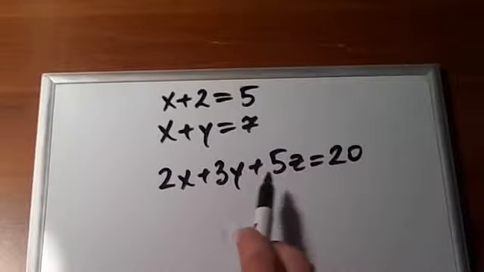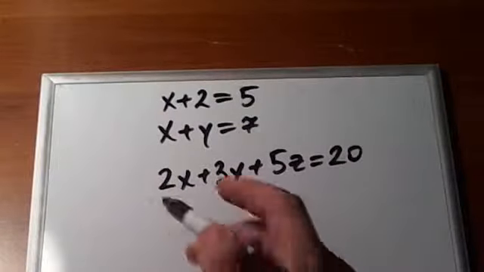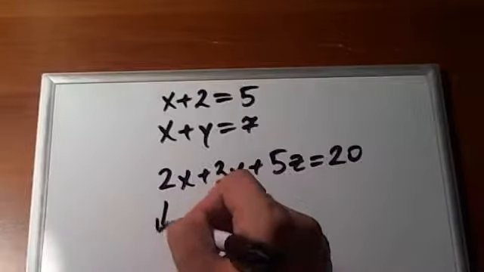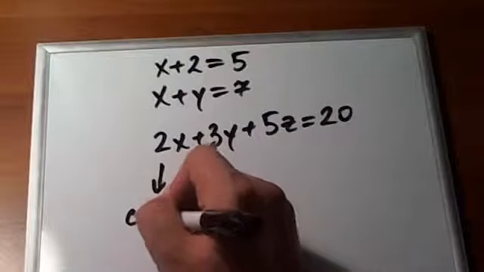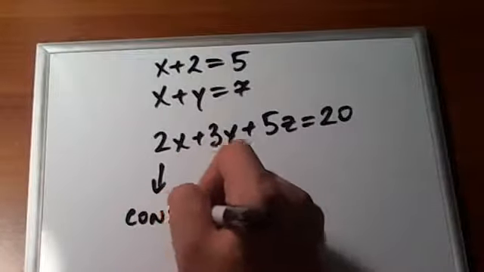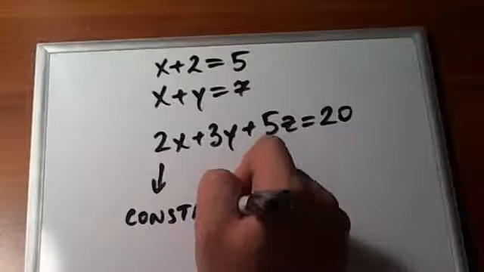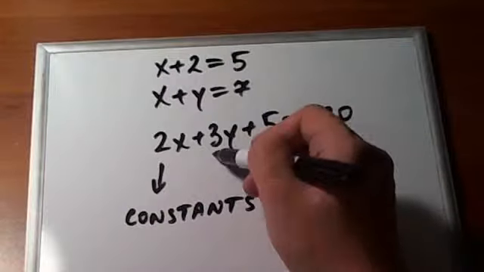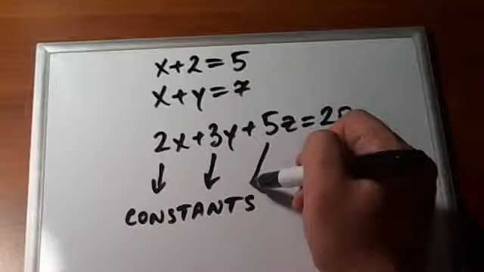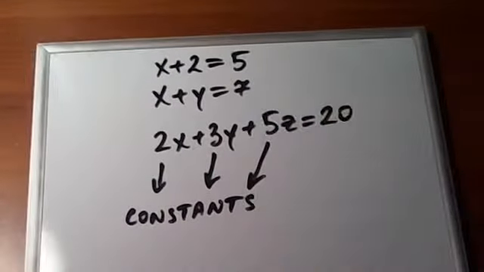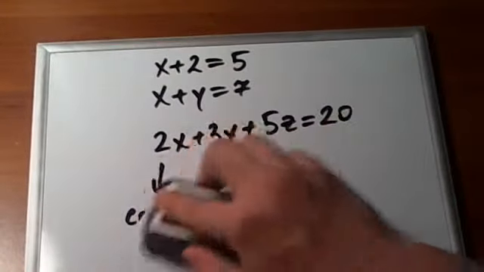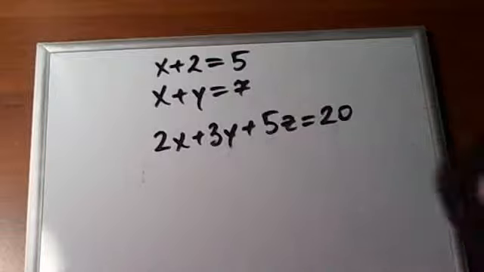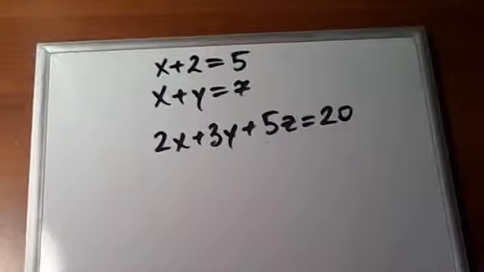Our 2, 3, and 5 are constants. Okay? Also, a linear equation could be written in the form